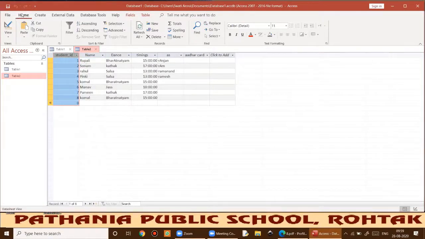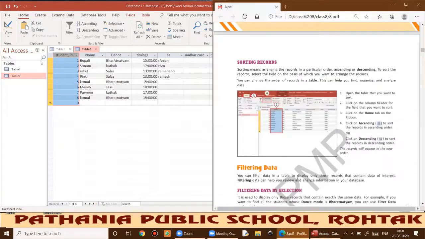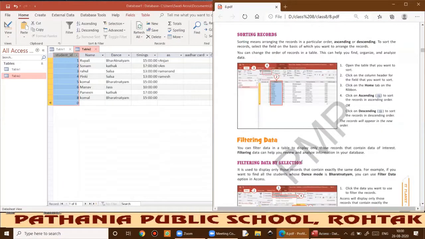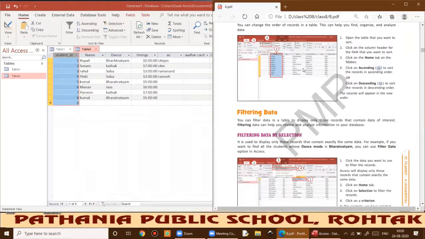Okay, so I'm in home tab right now, and I'll click on ascending. Already the data is in ascending order, that will show you no effect. So I am going with the descending order. So you can see the data has been arranged in the descending order. Okay, so once you have done the things after arranging it, you can revert the sorting by remove sort button. Okay, so you will get the original table back. Okay, so now sorting is done. Sorting means to arrange the data in a particular fashion, either ascending or in descending order.